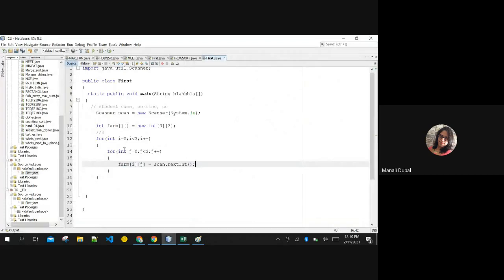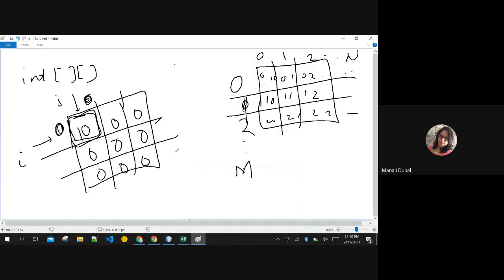The inner loop executes first, so j increments and becomes 1. When j becomes 1, i is still 0, hence the input is stored in the second box, right?